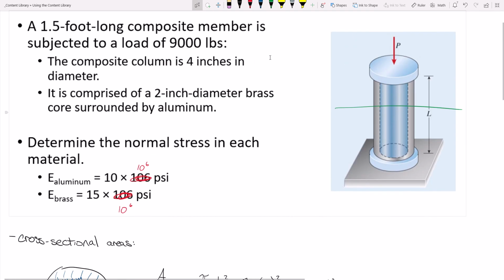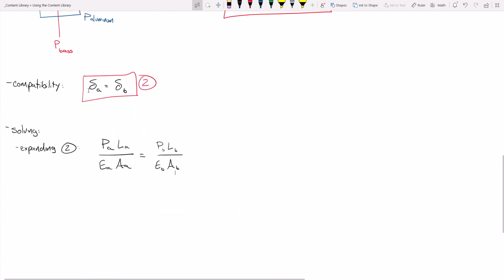How long is the aluminum column? It's 18 inches. How long is the brass column? It's 18 inches. So L_A equals L_B, which equals 18 inches. So I'll say, note,